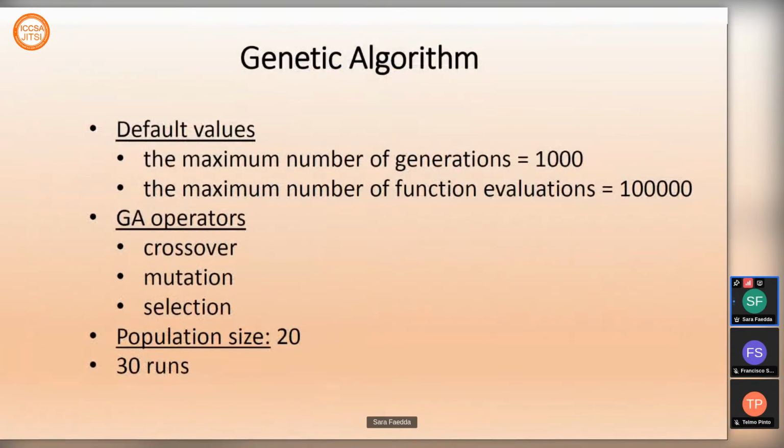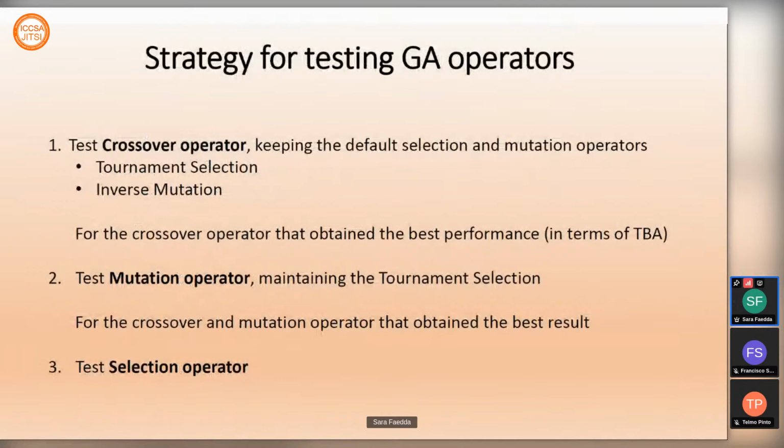We use the default values for the stopping criteria of the genetic algorithm, and the population size used was 20, and we did 30 runs since the genetic algorithm is a stochastic method. So the strategy here to test the GA operators was first to test the crossover operator, keeping the default selection and